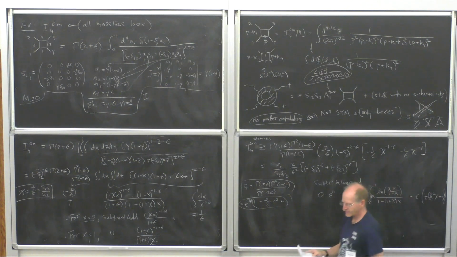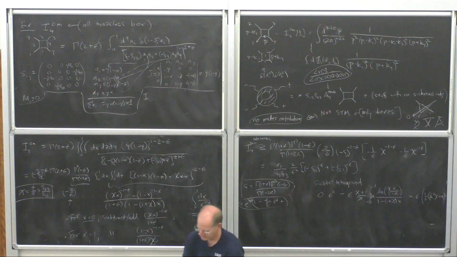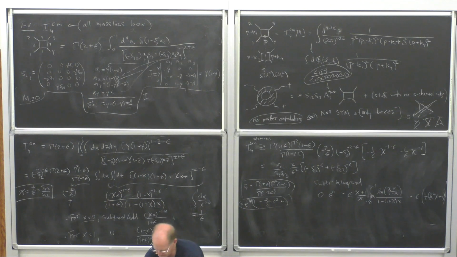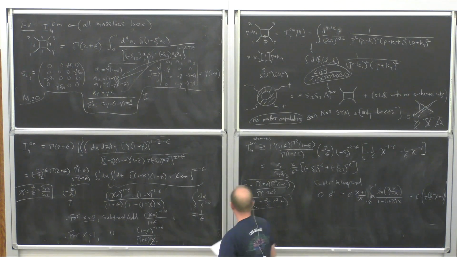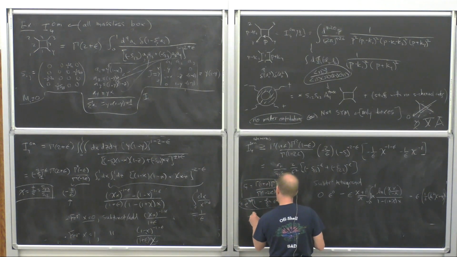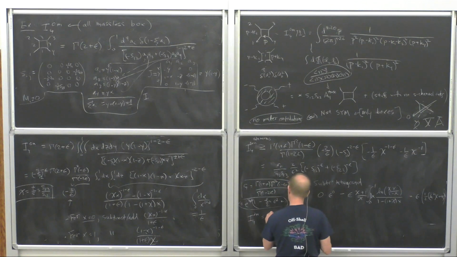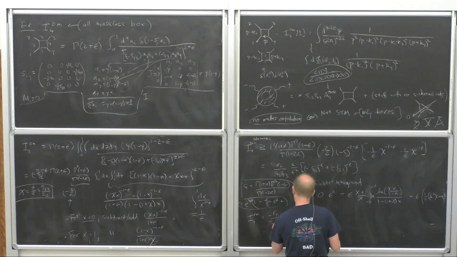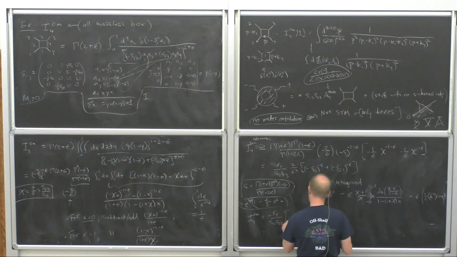And if you put everything together, those two pieces together, you get that I for 0m is equal to minus r gamma over S12, S23 minus 2 over epsilon squared